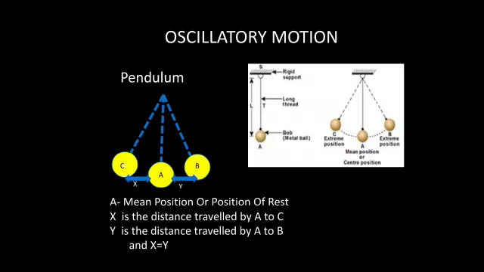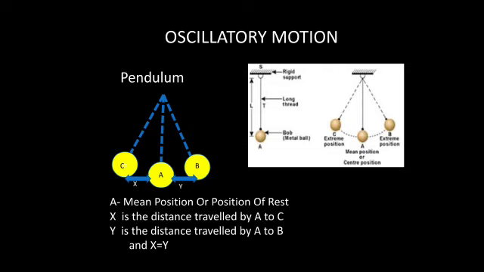Let us move on to oscillatory motion. You are already familiar with the motion of a pendulum. You have already seen it in the wall clock, right? The oscillation of a pendulum and the movement of swings are examples of oscillatory motion. Let us say that oscillatory motion is repetitive to and fro motion of a body about its position at rest. Just look at the picture here. In both pictures, the position A is the pendulum's position of rest, that is called mean position or center position or the position of rest.